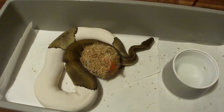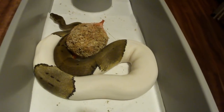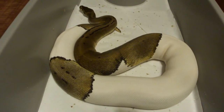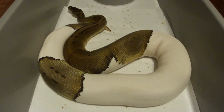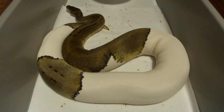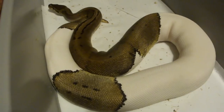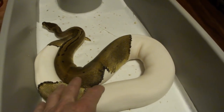So I've had this girl for a while. This is Pinstripe Pied, and she's really one of my really neat snakes. She's just really beautiful. You add the pinstripe to the pied. The pied's recessive, the pinstripe is a dominant gene. And you get almost, I almost call it like a golden pied. It has a really pretty golden color to it that's